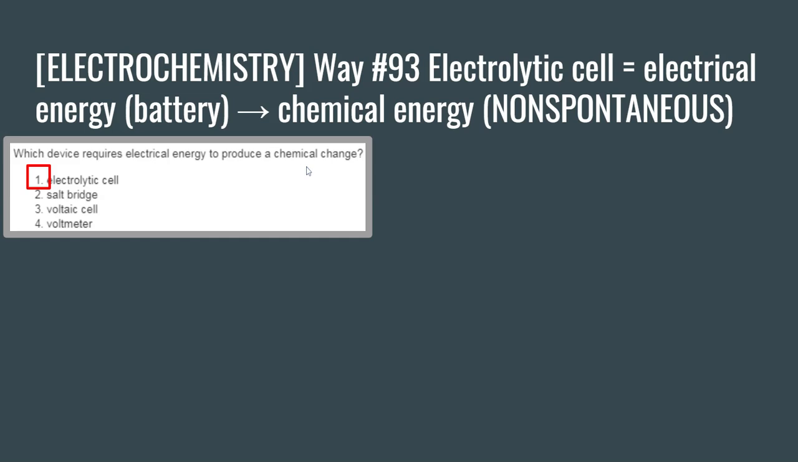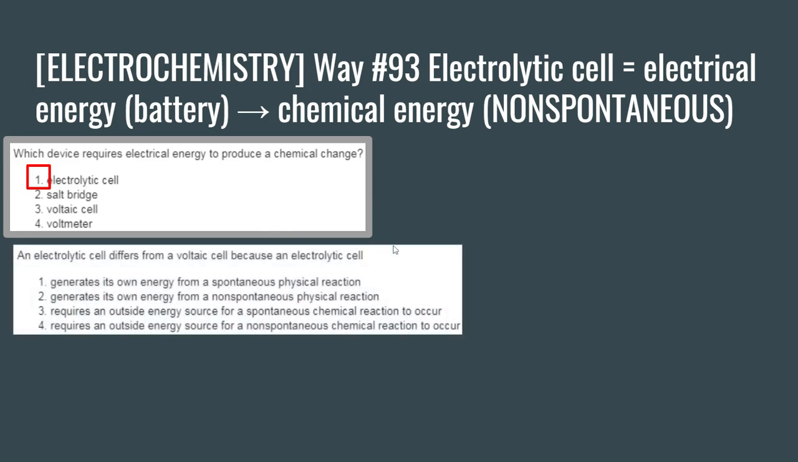It uses chemical energy to create electrical energy, and the salt bridge you learned previously is necessary for the migration of ions to prevent polarization of sides. An electrolytic cell differs from a voltaic cell because an electrolytic cell